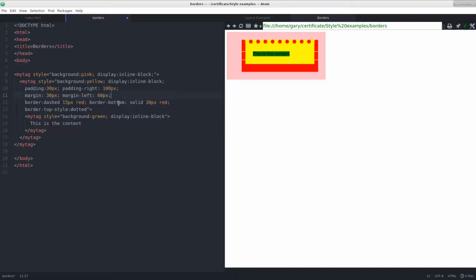When we define multiple distances for any of these, there's a shorthand format that we can use. So let's use margin as an example. So I'm going to get rid of this margin left. For margin, we can just list out the widths that we want, starting at the top and going clockwise. So if I go margin 30 pixels and then put a space, 60 pixels, 90 pixels, 120 pixels. So that's going to make the top 30, the right 60, the bottom 90, and the left 120 pixels. So there we go. You can see 30 on the top, 60 to the right, 90 the bottom, 120 on